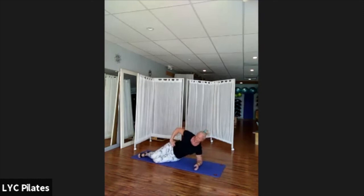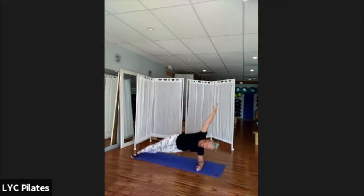And back. And up. And sit. One more time. And up. And sit. And rest. So I'm going to extend my legs out that little bit more. Hand is going to come off my hip and I'm going to straighten it out. This time I'm coming up to my side plank. So I'm going to lift. I'm going to stretch over,